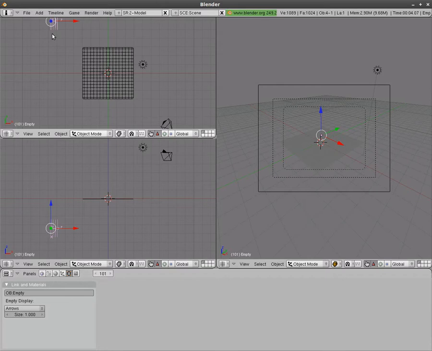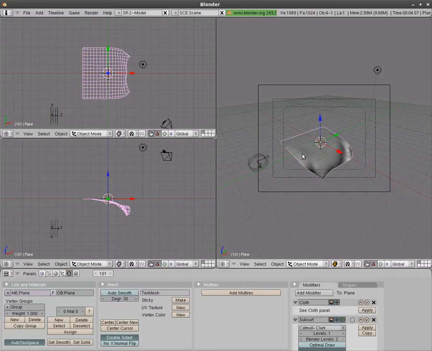I'll hit G, and I'll grab it and move it down here. This is the top view, so I'm moving it forward. I'm going to hit I to lock the location, rotation, and scale, setting a keyframe. Now if I hit Alt-A, you can see the animation here. Once we wrap back around to 0, we started at frame 100. Oh, it's showing the animation before because we didn't have the cloth selected, so it's going based on what it was before. Let's choose the cloth and hit